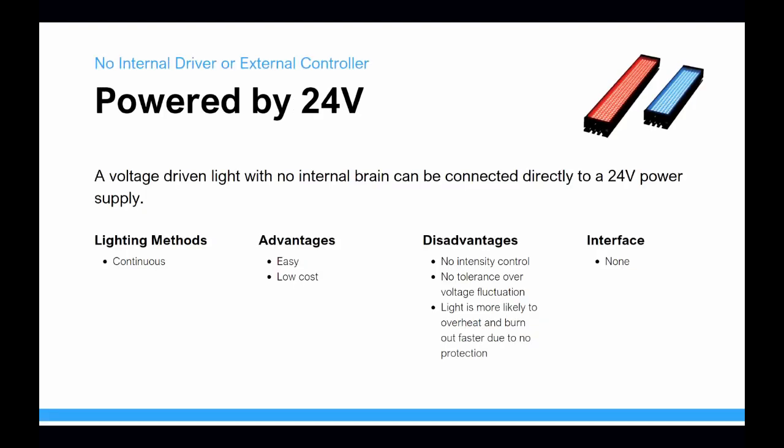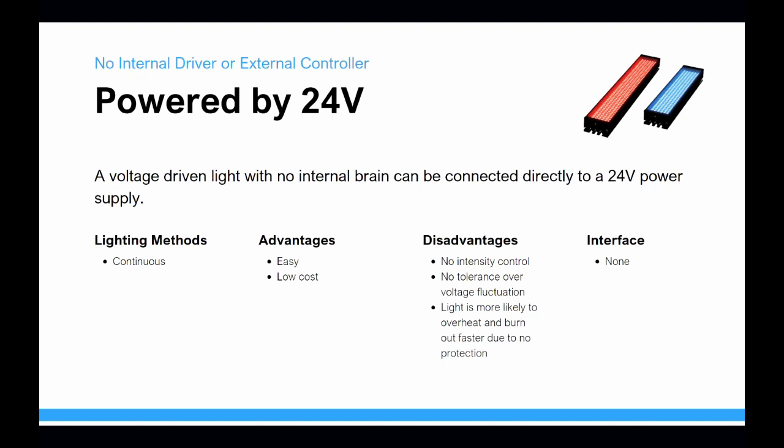So now for the next few slides, I'm not talking about FE-Lux lights, I'm talking about CCS lights. These are the lights that have no control built into the light. The brains, anything that's got a brain, is from an external controller. In this specific scenario, I'm talking about the CCS lights, but not using an external controller and just giving 24 volts straight to the CCS light. It technically can be done. We don't recommend it